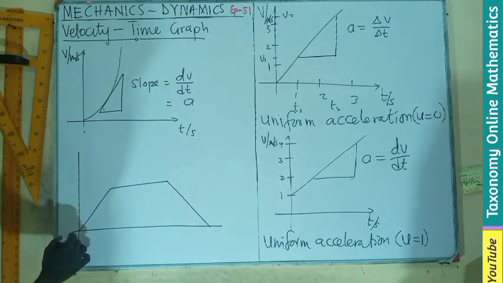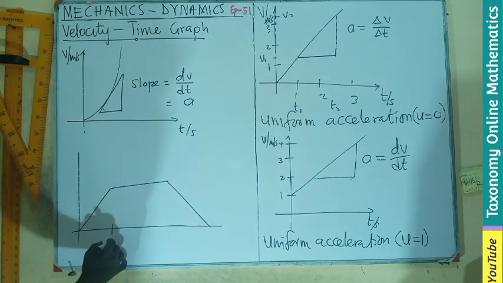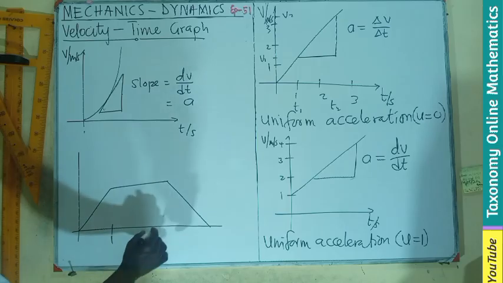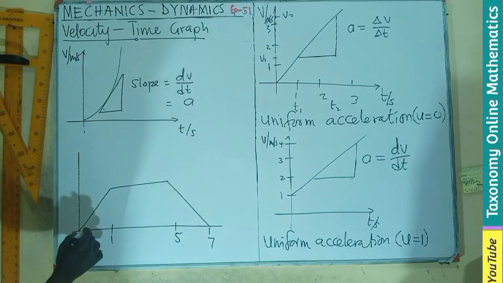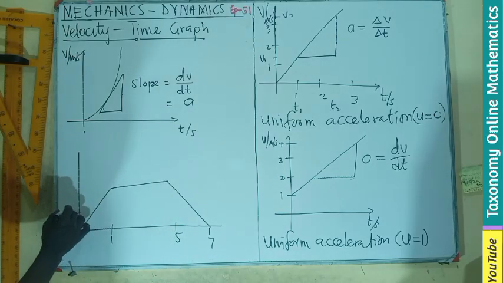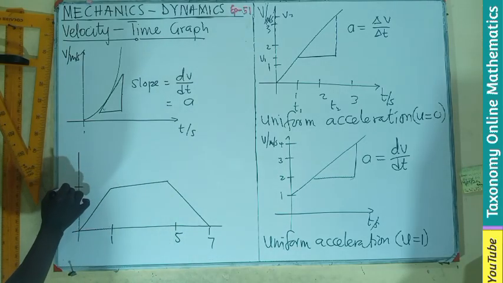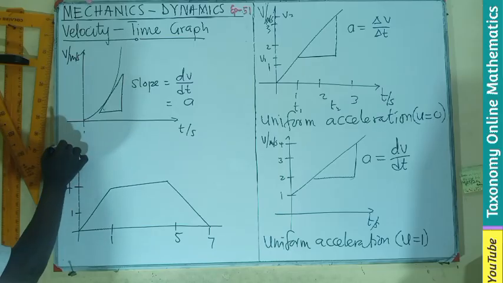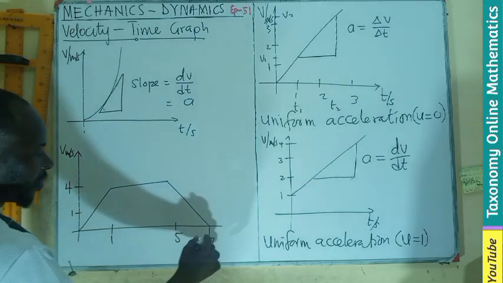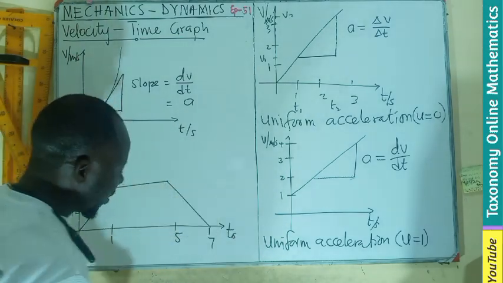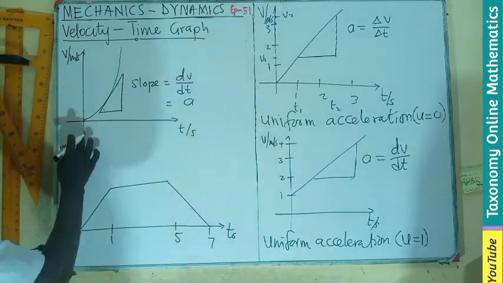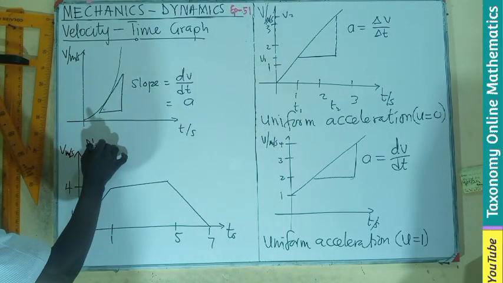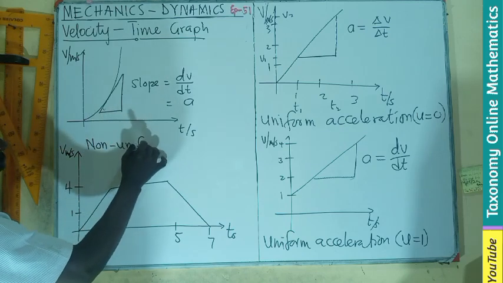Let's see, we have the origin. So let me just say I have 1, let me have 5, let me have 7, I have here to be 1 and 4. I'm just labeling this V in meters per second and time in seconds. So this is also an example of non-uniform